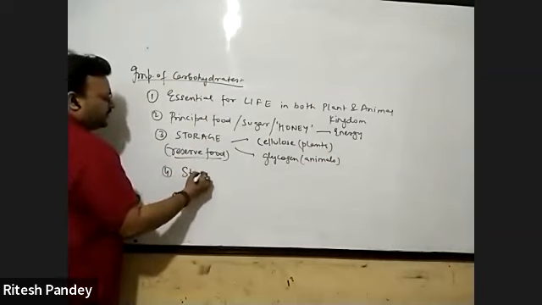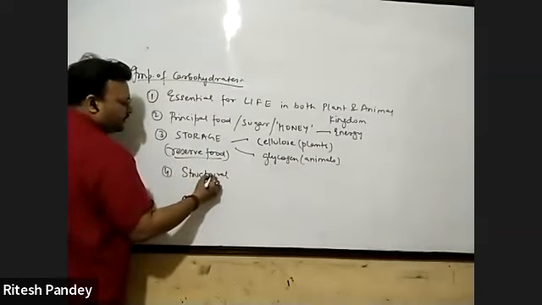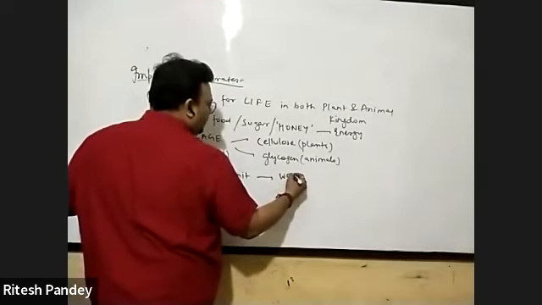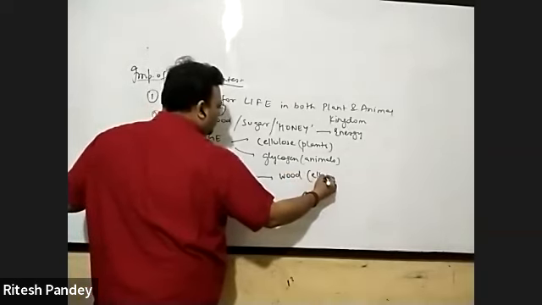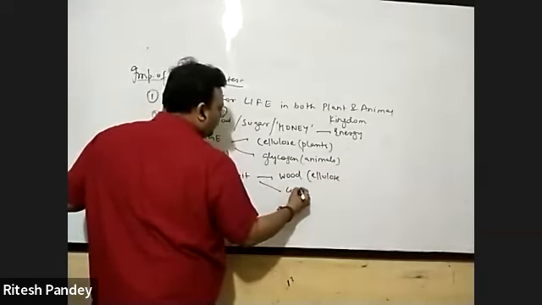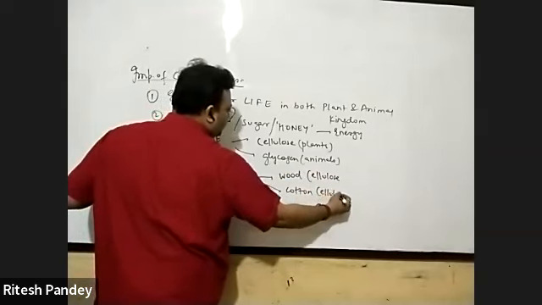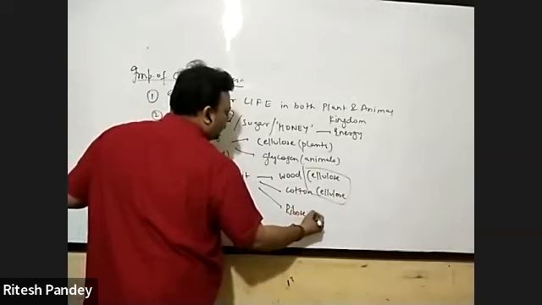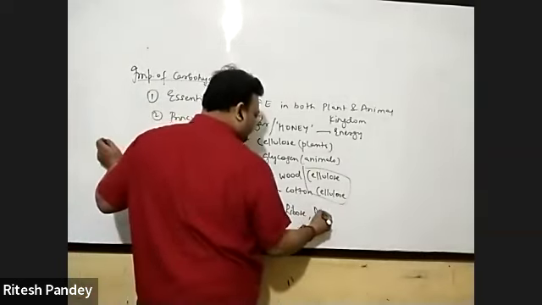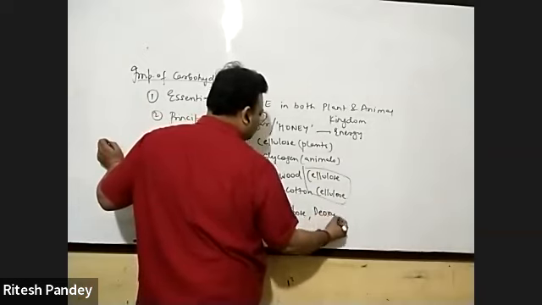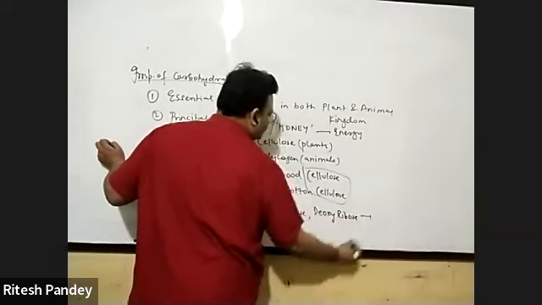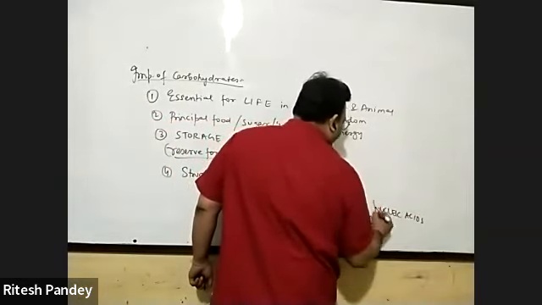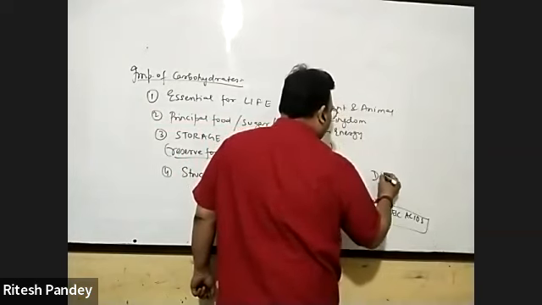And it will be the structural unit in both living and non-living worlds. So it will be like wood or cotton in the form of cellulose, or ribose, deoxyribose, forming the nucleic acids. So I would do a little bit of DNA and RNA